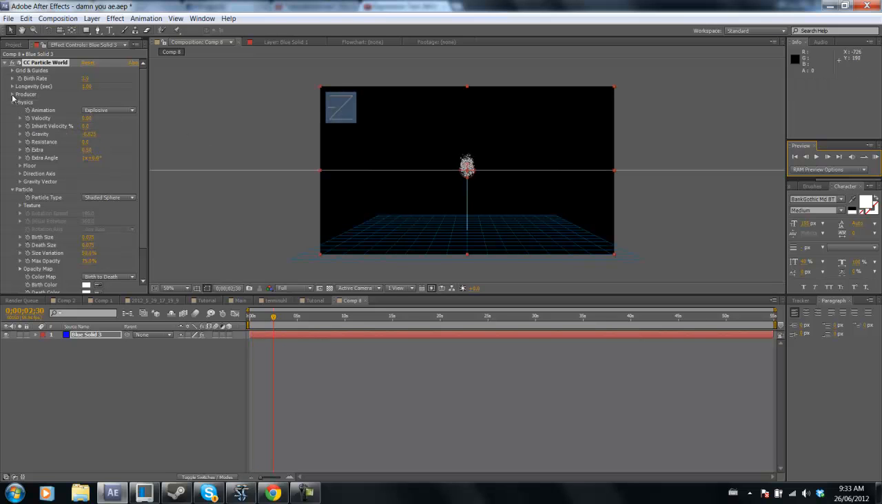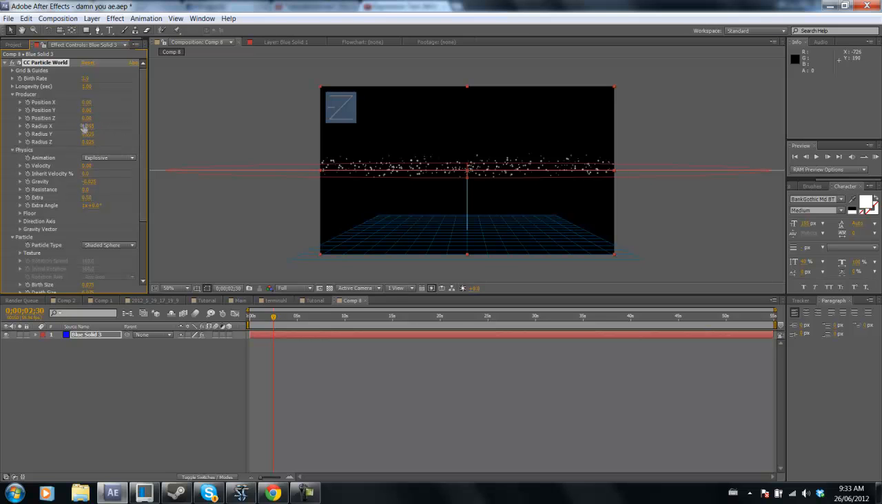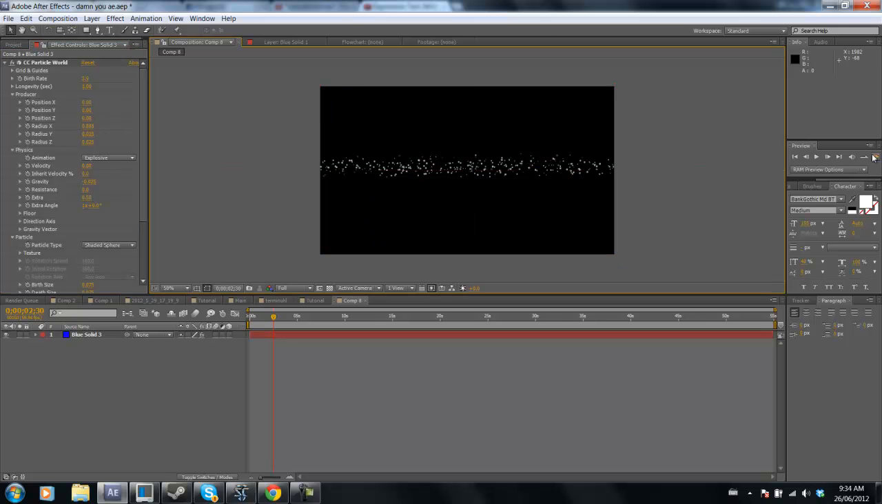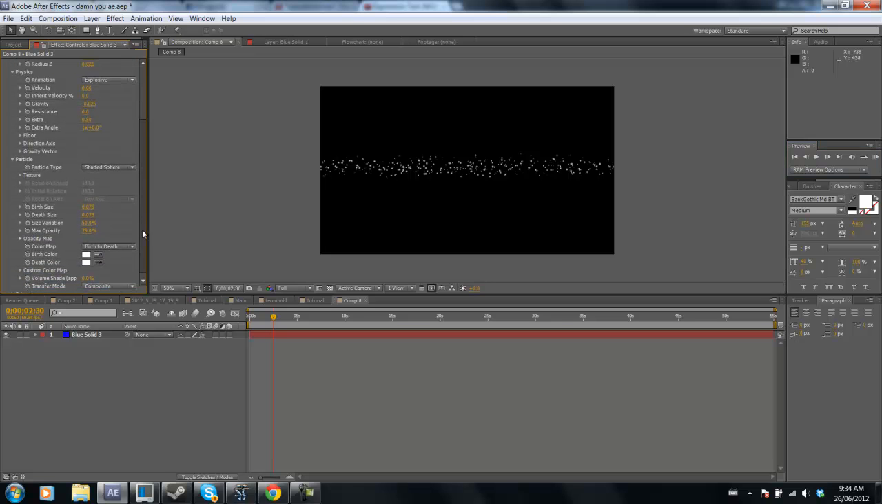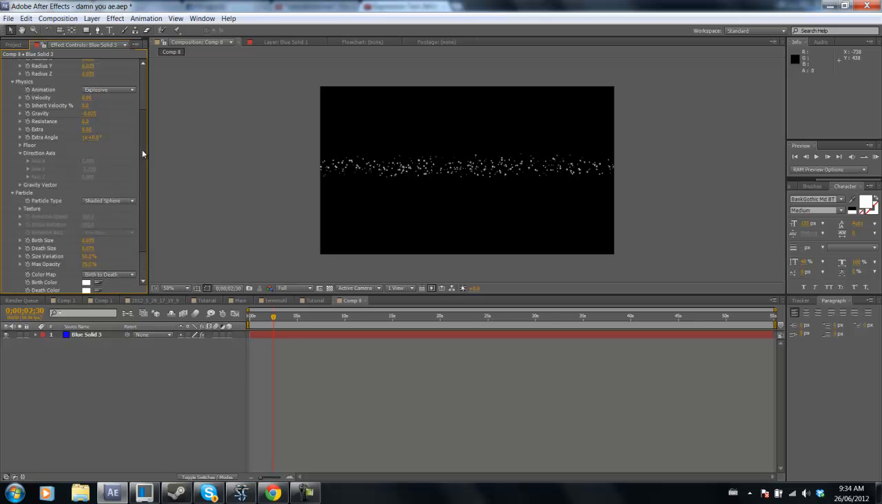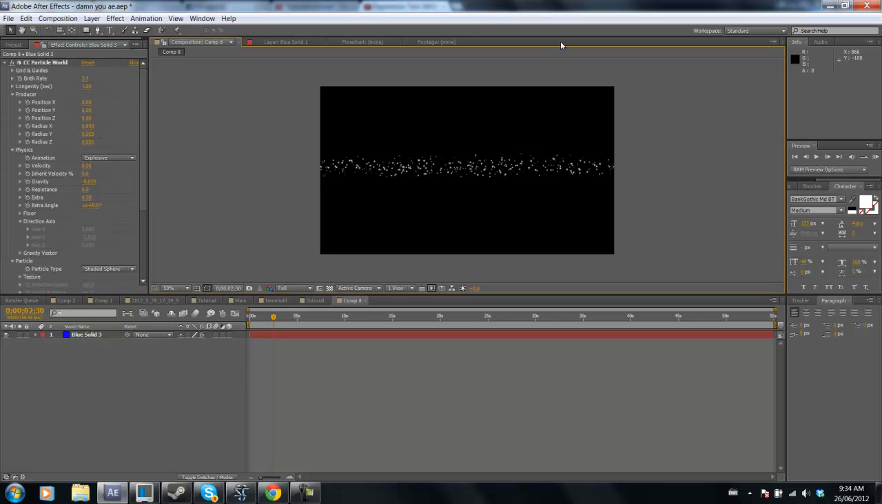So then we go to the producer, and we're going to go to the X radius, and it's just gonna spread them out across this line right here. Okay, so that's a little bit of a start. You know, this is all preference. You can change the direction axis to whatever you want, but just for tutorial purposes, we're going to keep it short like this, and